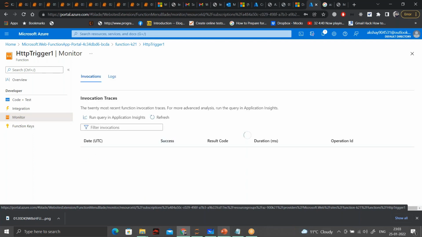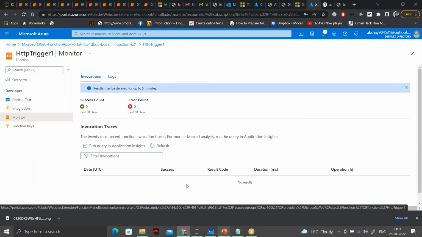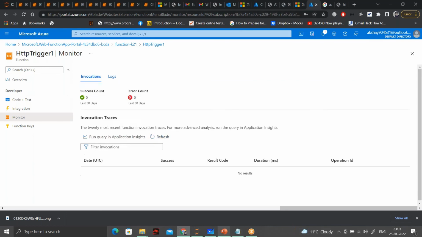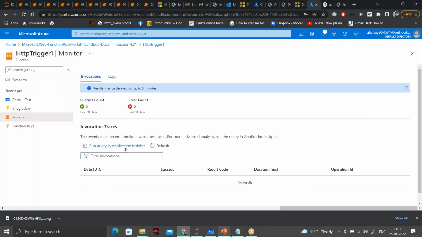It generally takes some time to populate, so don't worry, it will eventually get populated, because all of this is connected to Application Insights. The logs are created, then slowly they move to Application Insights, and from Application Insights they'll be moved to this screen. So they'll eventually be here, guys.